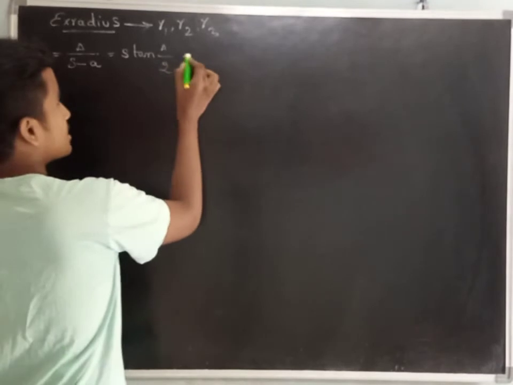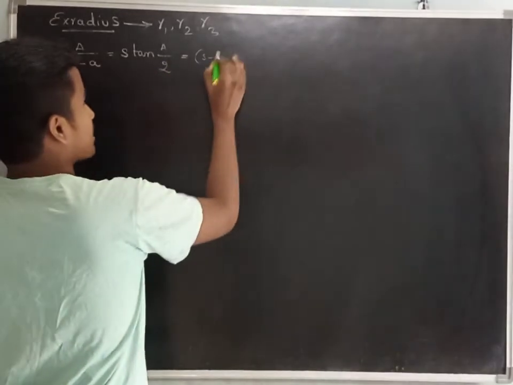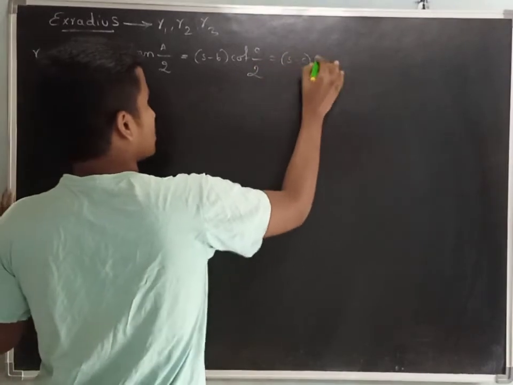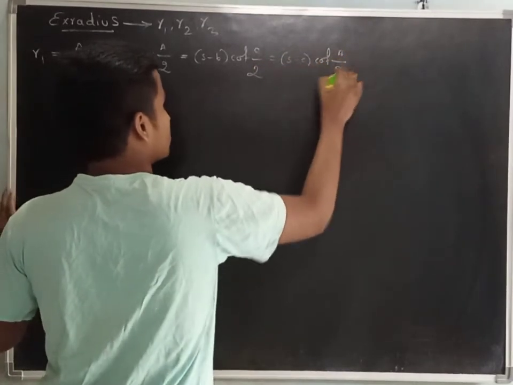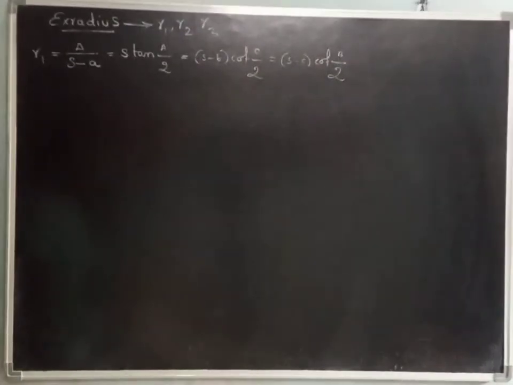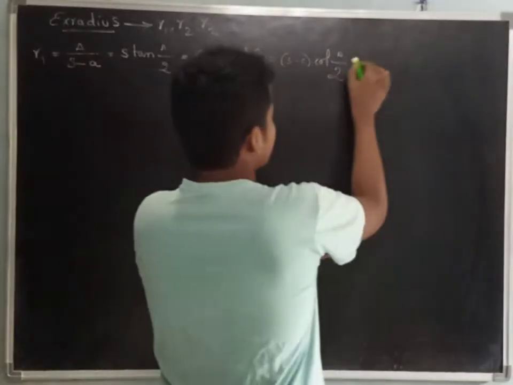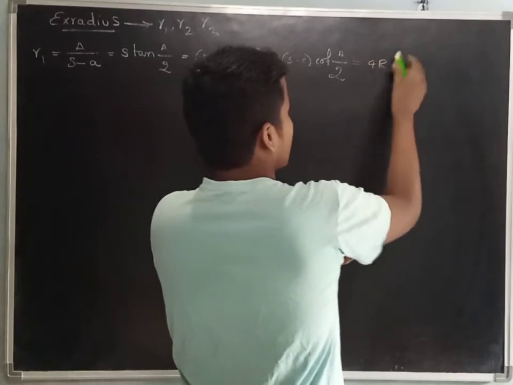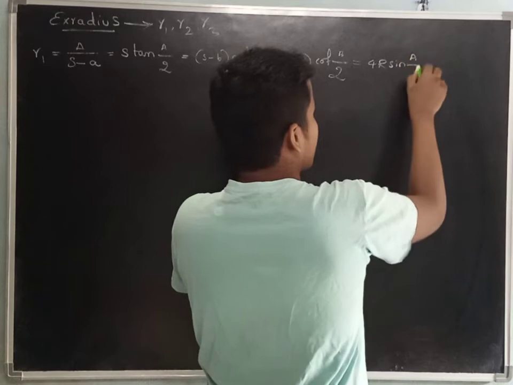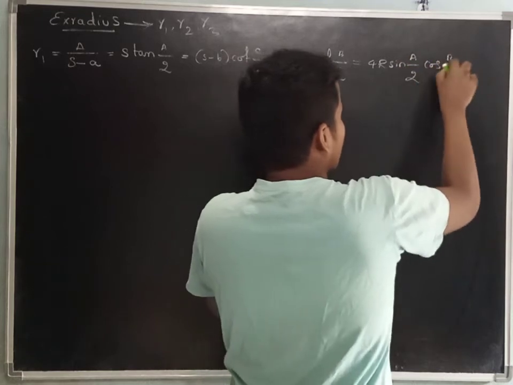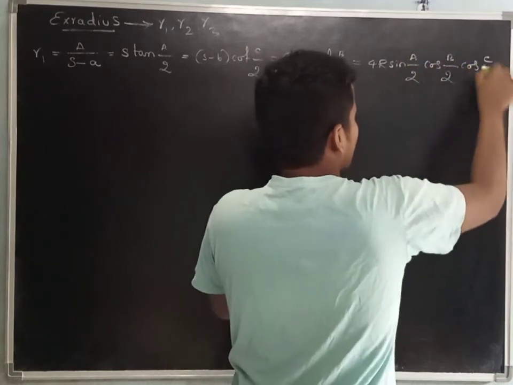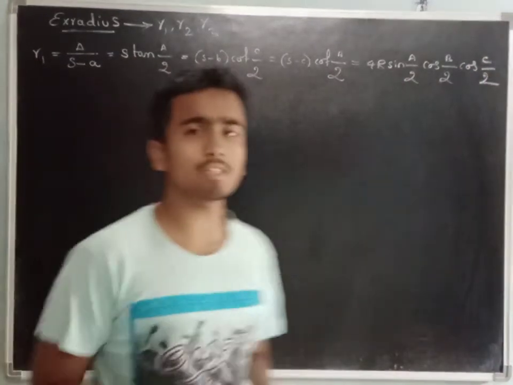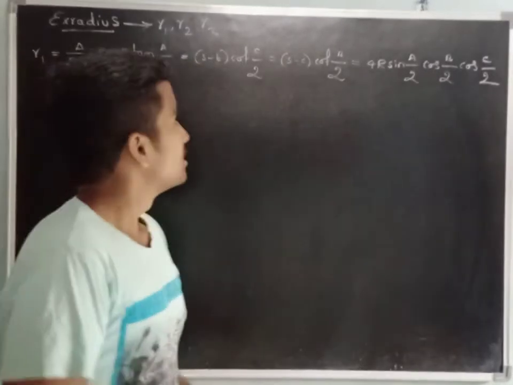It can also be written as s minus b into cot C by 2 is equal to s minus c into cot B by 2. Right? Similarly, it is equal to 4R sin A by 2 cos B by 2 cos C by 2. This is the last result that we have discussed in the previous video. Okay? Similarly,